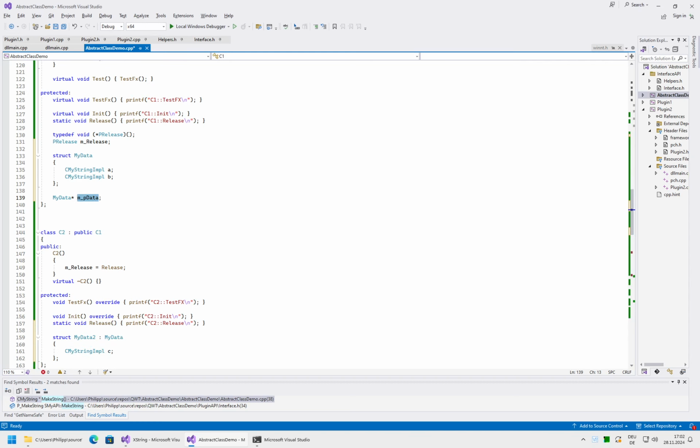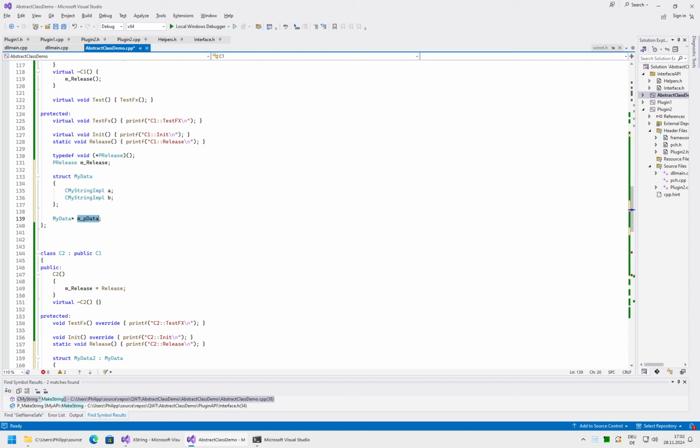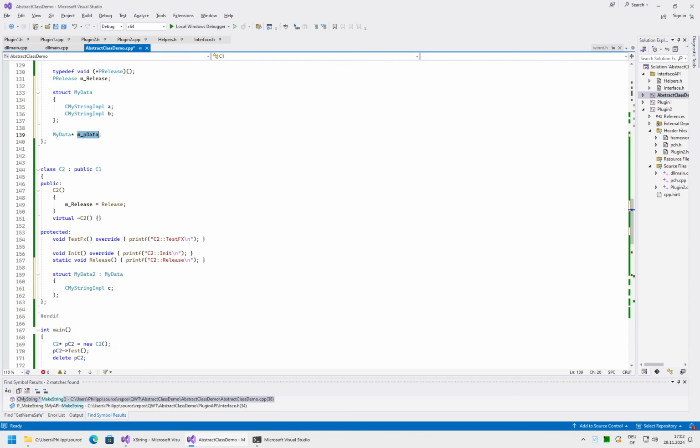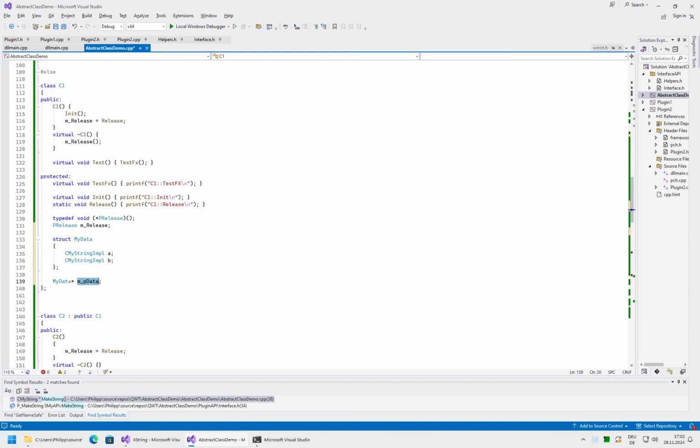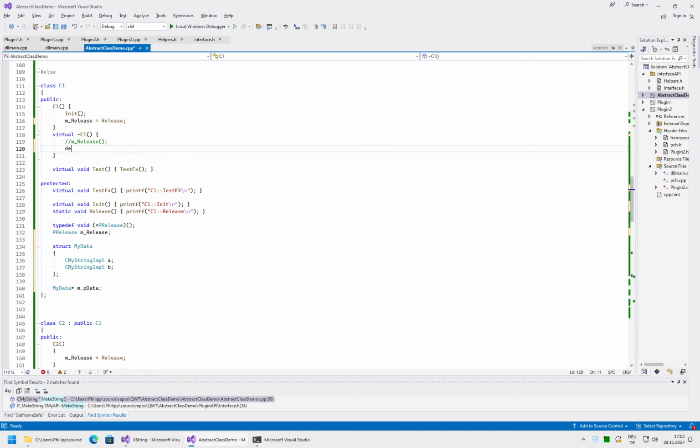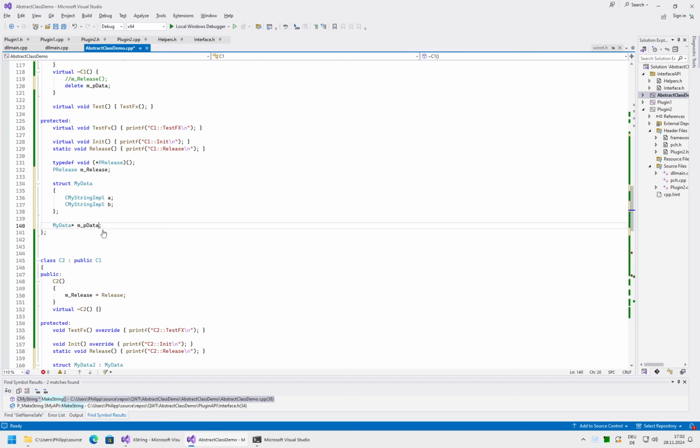Then let's say we want to get rid of this at the end of the operation. So let's say here we don't use our release, this is not so important, we just delete it, and this should be of course